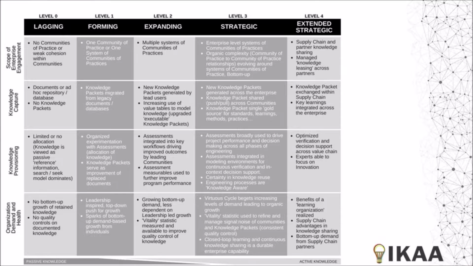By assessing the maturity of different aspects of knowledge-aware, it becomes clear where strengths and weaknesses are and where improvements are needed. Keep in mind, however, that an organization's level of maturity is probably not going to be linear. By that I mean that you may observe that you're at a different level for each of the different organizational features. And then finally, along the bottom is the active versus passive knowledge index. A central theme of knowledge-aware is ensuring that corporate knowledge is active rather than passive in both knowledge delivery and knowledge structure. And I'll have a little bit more to say about that later.